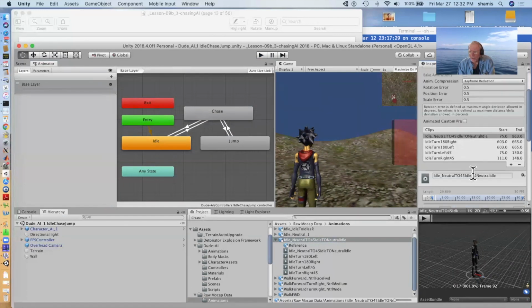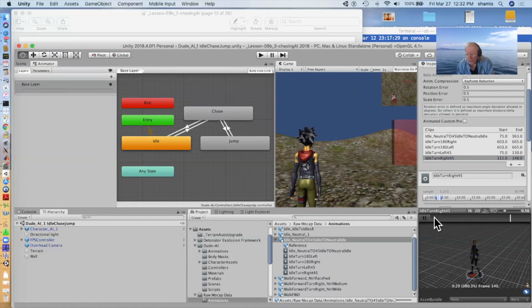And in the sense that they're raw, they go from 75 to 963 frames, but the part I wanted was this little bit where it turns to the right, and that's just these frames here between 111 and 148, which I trimmed down so that now I get just this nice turning. Actually, it's turning to the left, but anyway, it's turning,